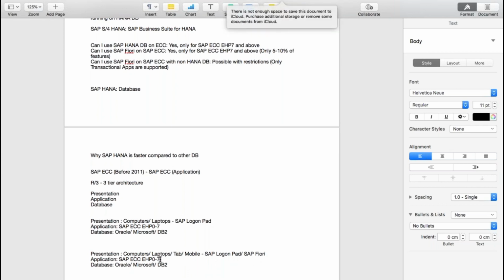The application is now SAP S4HANA. And which is the database? Oracle and Microsoft are not supported at all. There is only one supported database, which is SAP HANA.